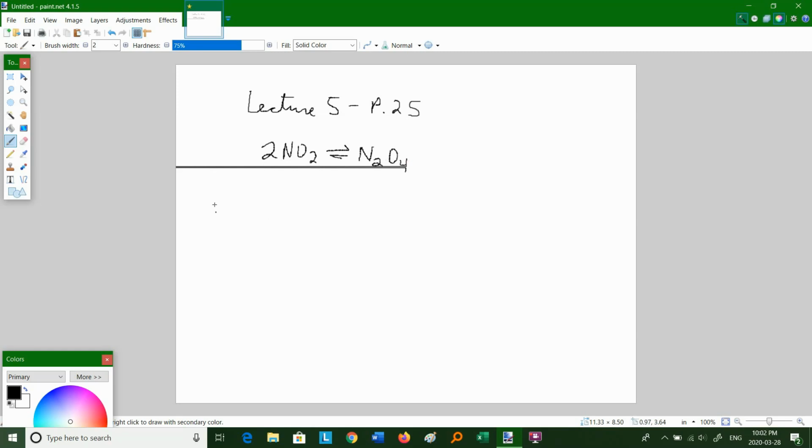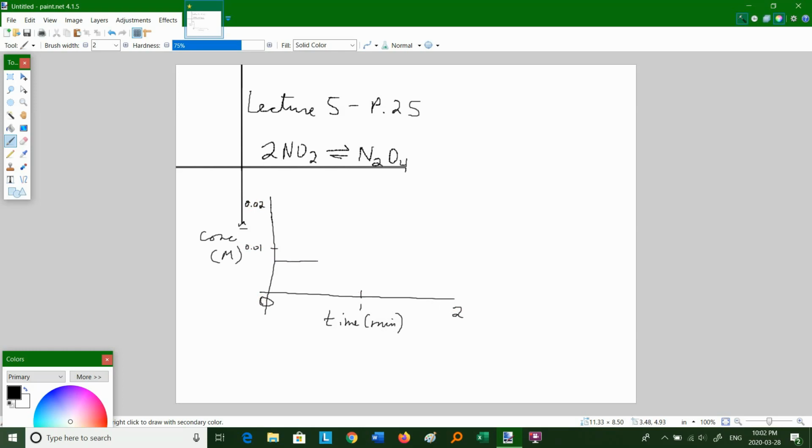Great. So I'm going to draw this graph here. It's a concentration versus time. That's very good straight lines, isn't it? Concentration in units of moles per liter, capital M, versus time in units of, it doesn't tell us, does it? Fine, I'll use minutes. So I have 0 on the left, 2 on the right, 1 in the middle, and I have 0.02 as the top of the y-axis, 0.01 as the midpoint, and so NO2 is at equilibrium, nice straight horizontal line,